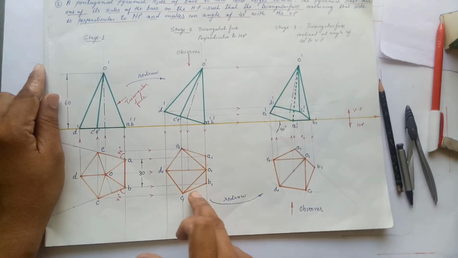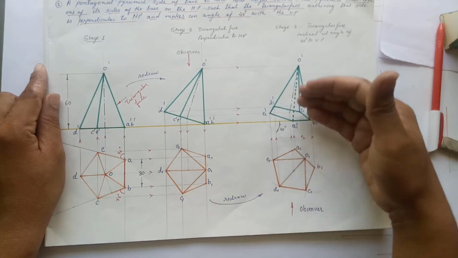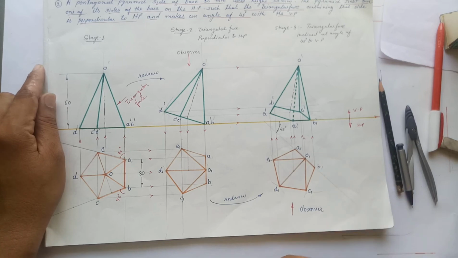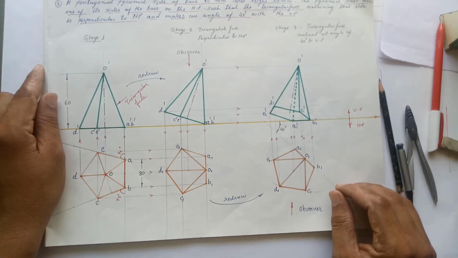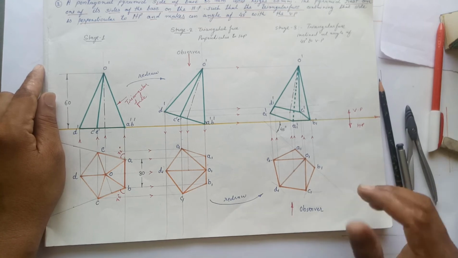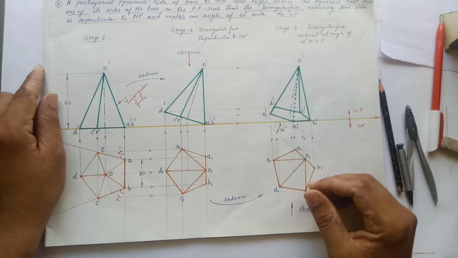We have discussed the second case in the second stage for the plan, and here the case will remain the same again, base nearer to the observer. So this is it for today's lecture. We will explain some other problems in the next lectures and some other cases to draw the plan in the second stage in the next lecture. Thank you.